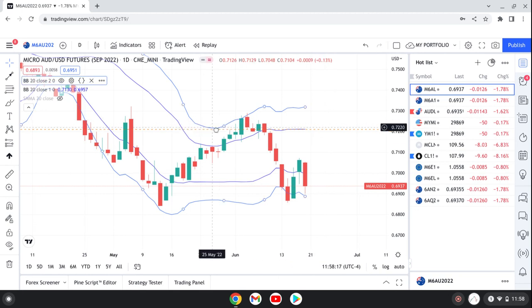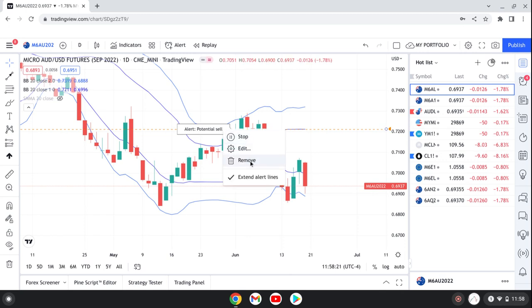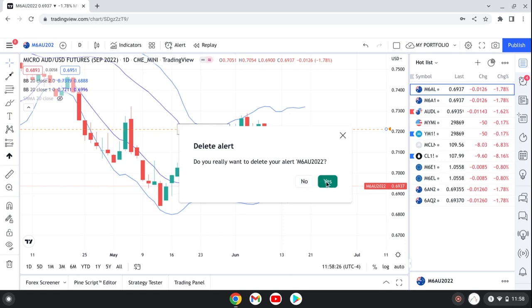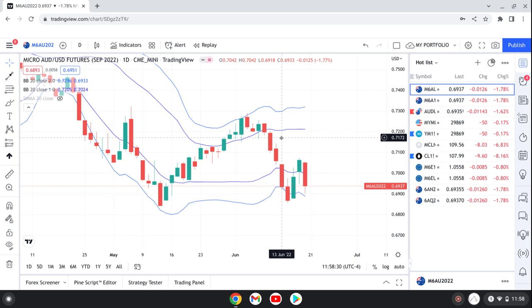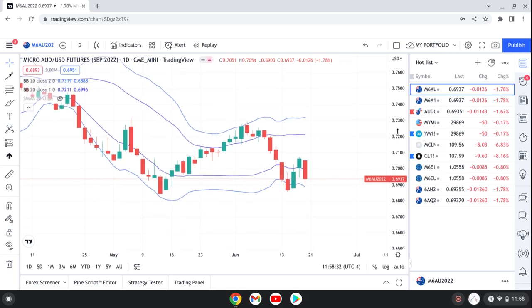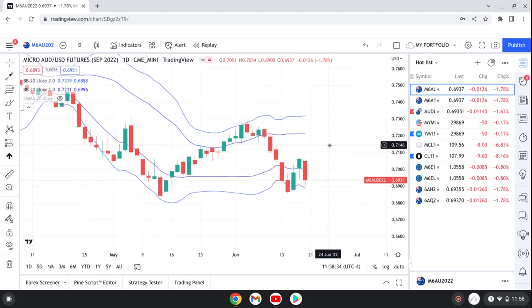Let's get rid of this alert that I originally have on here. We're going to click on remove. And it's going to say, do you really want to delete that alert? Yeah, let's get rid of it. Let's keep everything simple. Also right now, since we're already on one chart and we just really need to stick to one chart,